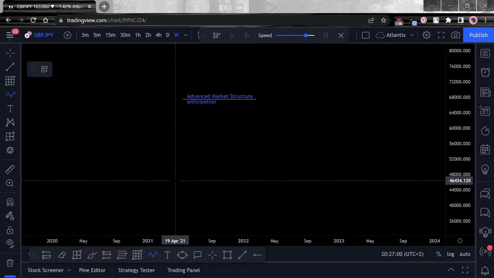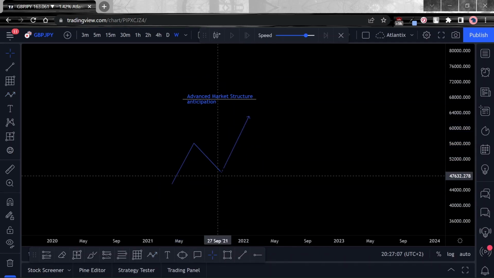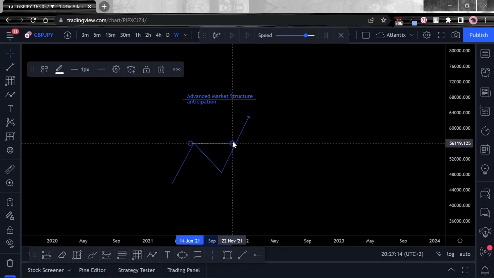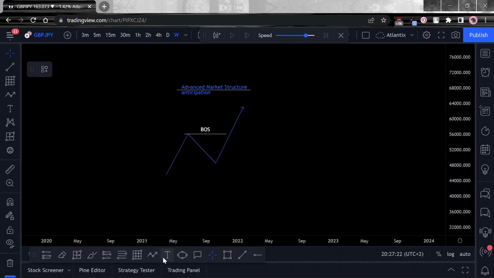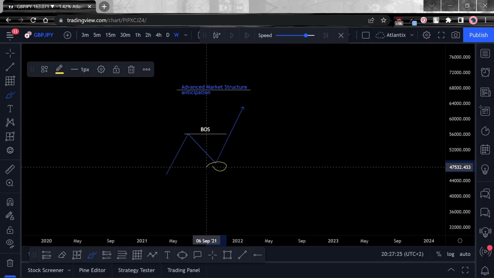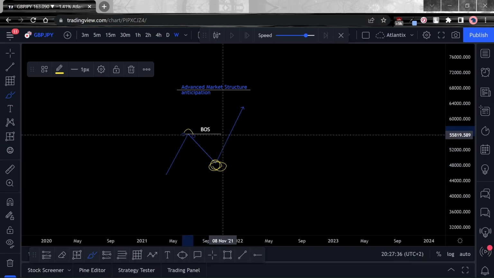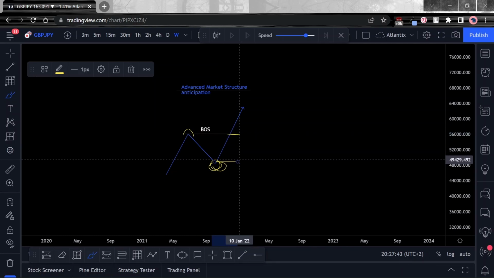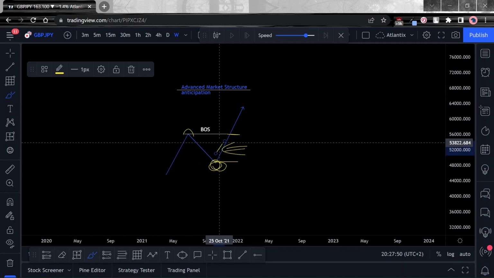So we'll start with a very simple example, which is we have a market that's trending up. And obviously this is our higher low and our higher high, and price comes up to break our higher high, which gives us a bullish breakout structure scenario. Remember that this low over here is only labeled a higher low and a swing low when it breaks this high. But by the time it breaks this high, I'm sure you can agree with me, we've missed a significant portion of the move. Obviously, this is very subjective for the scenario, but we've missed this entire move up.